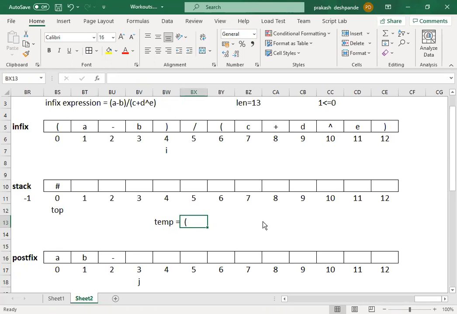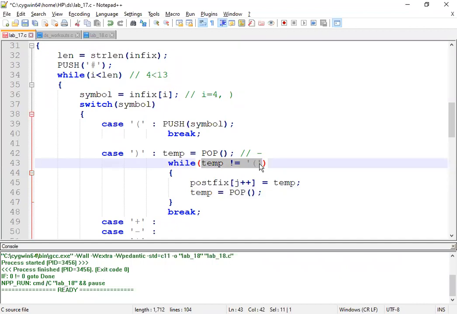So open parenthesis not equal to open parenthesis means the condition becomes false. Since the condition becomes false, what has to be done? The while loop will get terminated, followed by the break statement being executed. That means the switch case will get terminated.